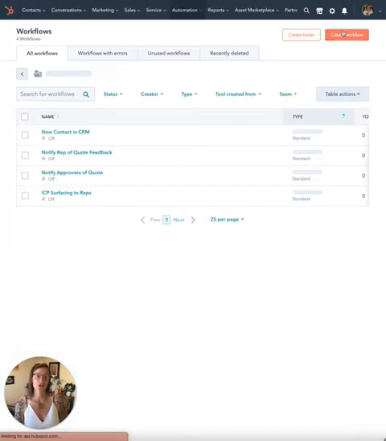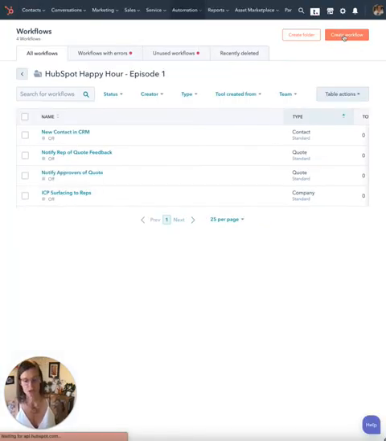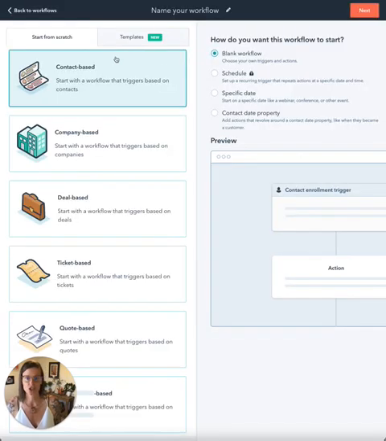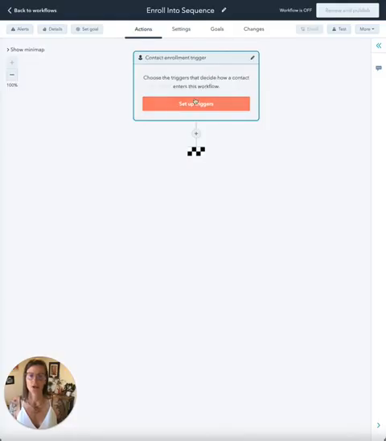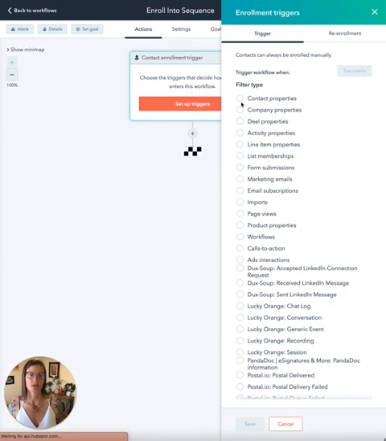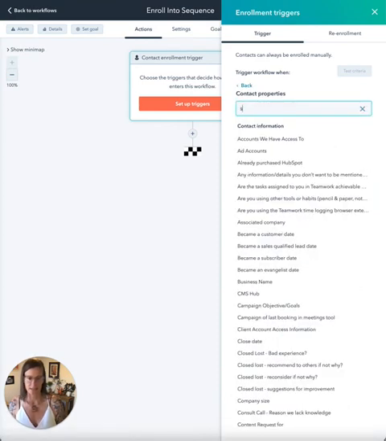So the next thing we want to do is how do we auto-enroll into a sequence? We want to have our conditions on our trigger. So again, we're going to do this as a contact-based workflow, and we're going to say enroll into sequence. All right, so then we're going to go over here. And what we're going to do is have our trigger. So our trigger could be when a contact's lead score